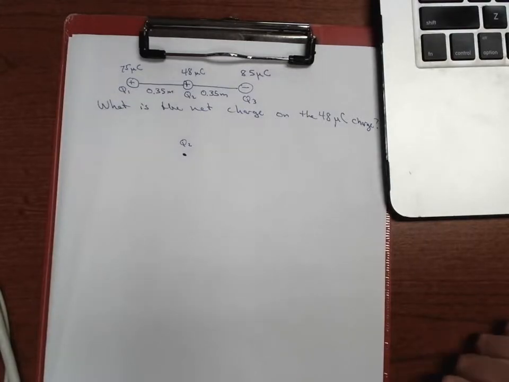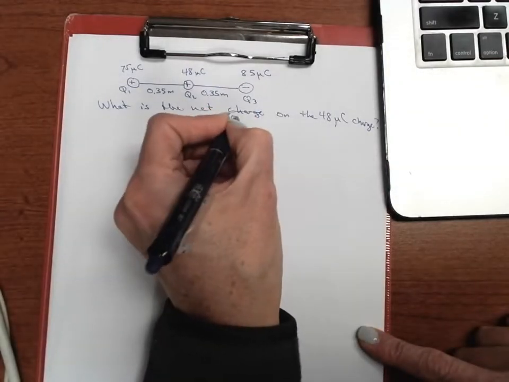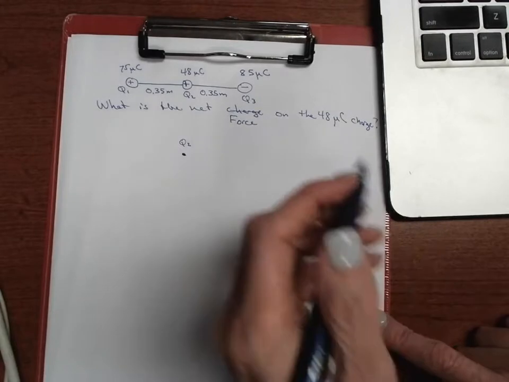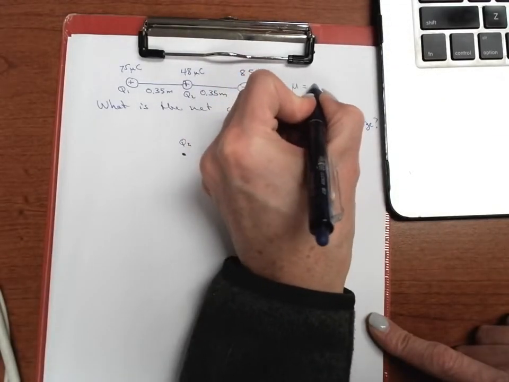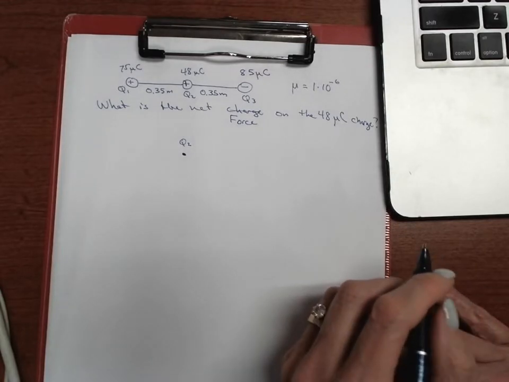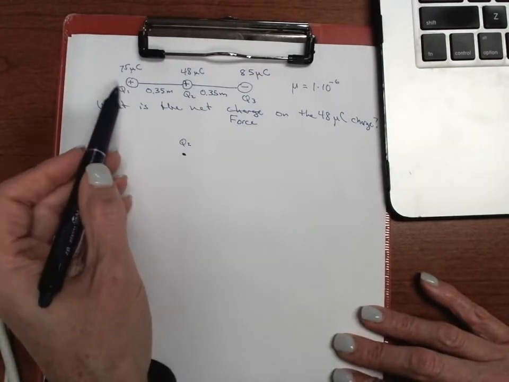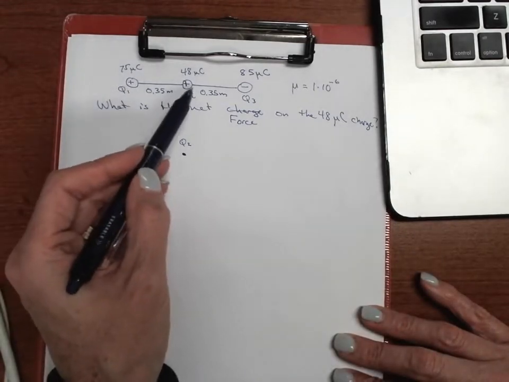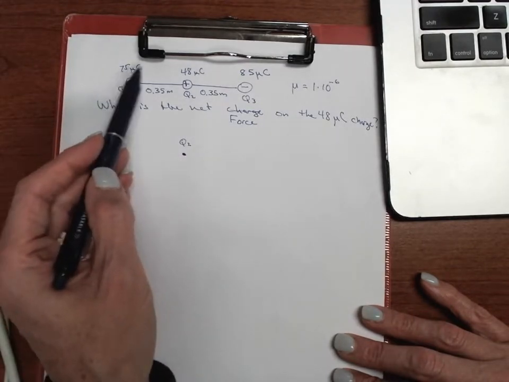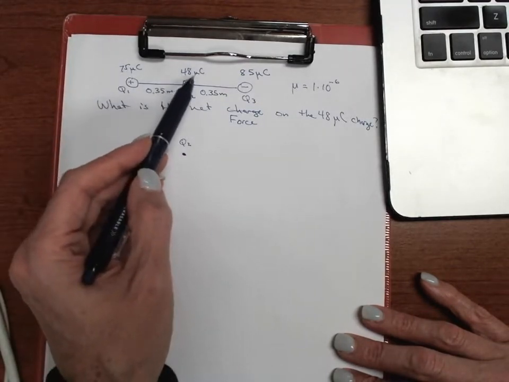In this problem, we're asked to find the net force on the 48 microcoulomb charge. So that mu is equal to 1 times 10 to the minus 6. Okay, so what I have is my charges. Q1 is positive, Q2 is positive, Q3 is negative, and Q1 is 75 microcoulombs, Q2 is 48 microcoulombs, and